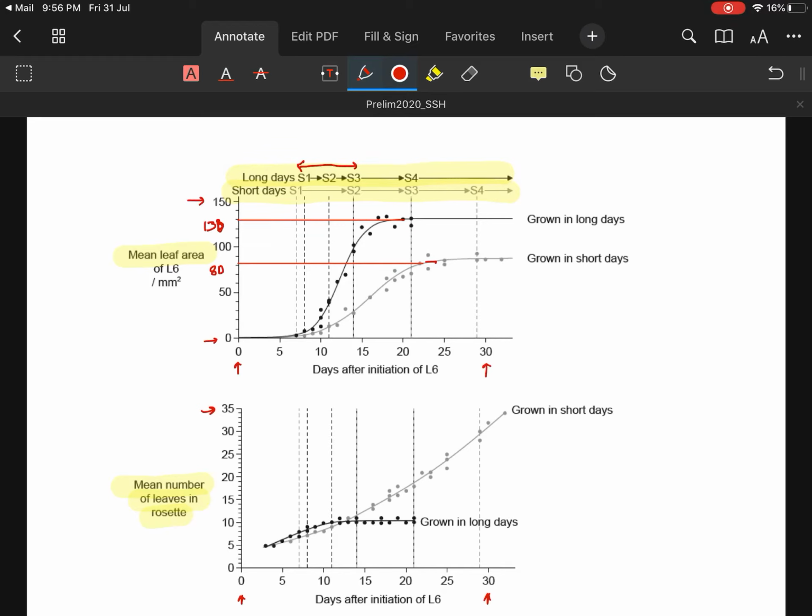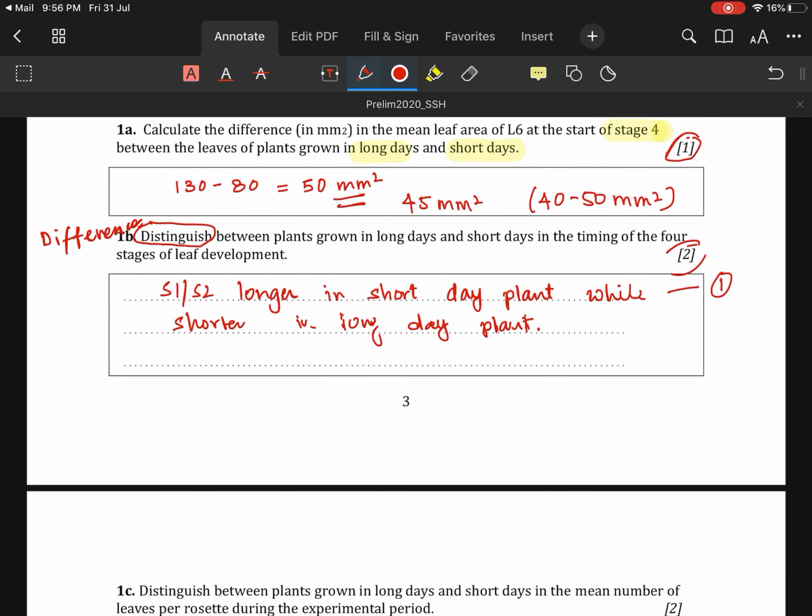S1, S2, S3 completed earlier in plants grown in long days,